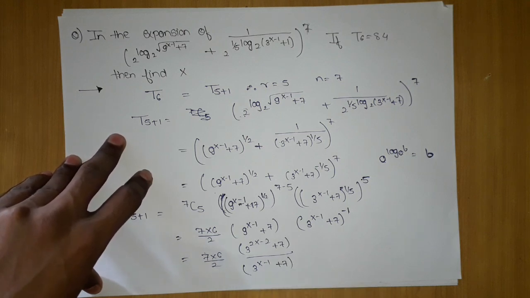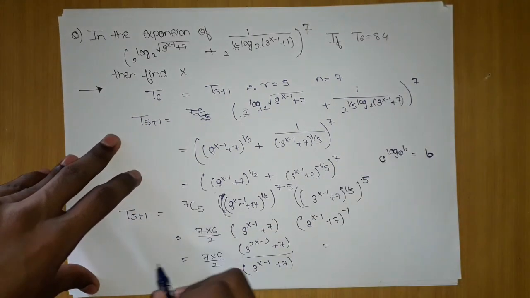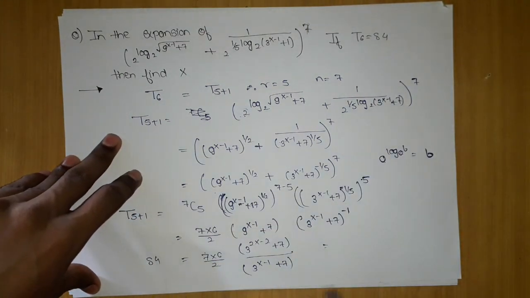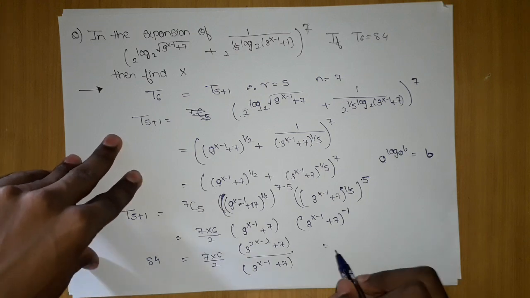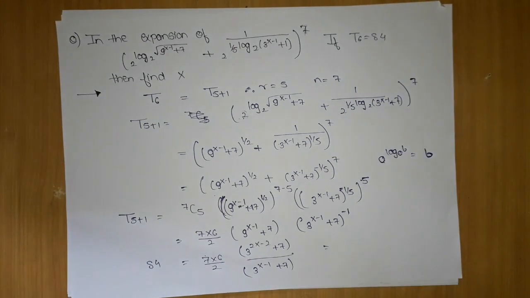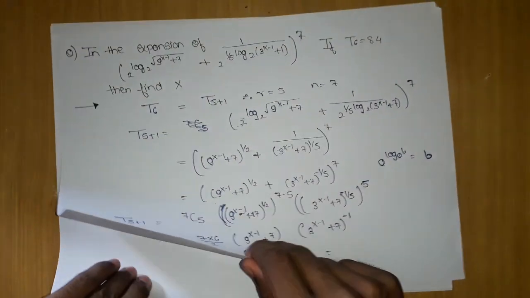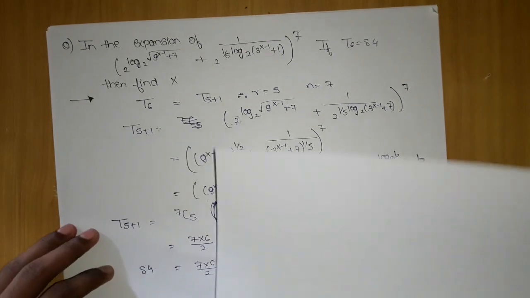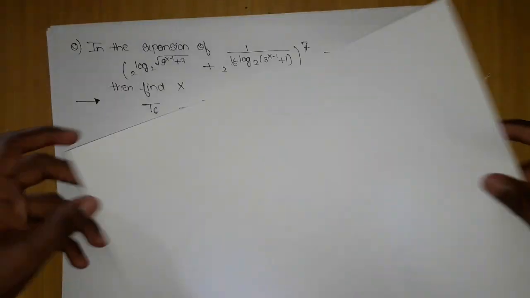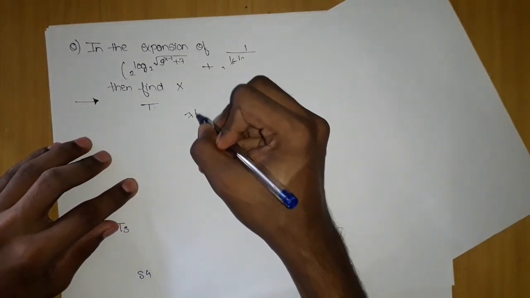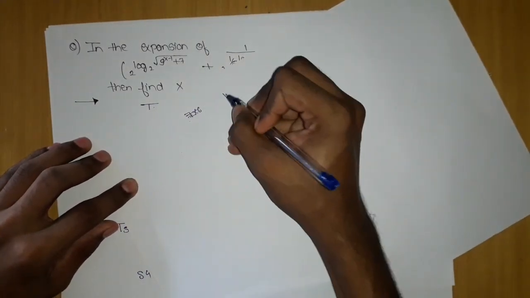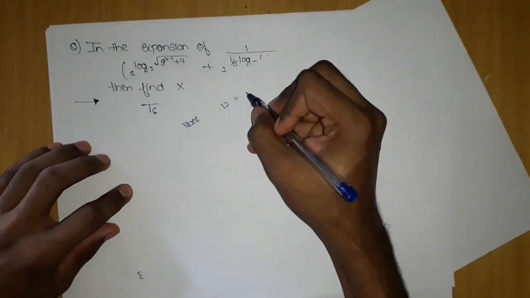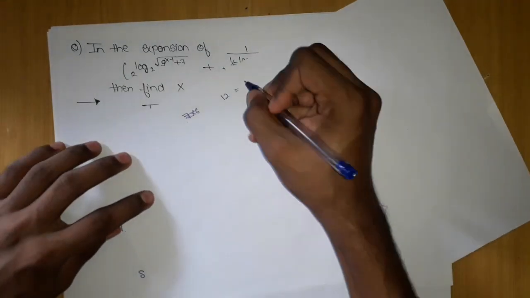After this, what you can see here, the t6 term is 84, and this will cancel out with 7, which is 1s and 2s. So let me do it in the next page. So if we do it on the next page, let me get the next page. So in the problem, where we were, 7 into 6 is there, sorry, 12 will be there here, and 7 will get cancelled out, and 6 by 2 will become 3.